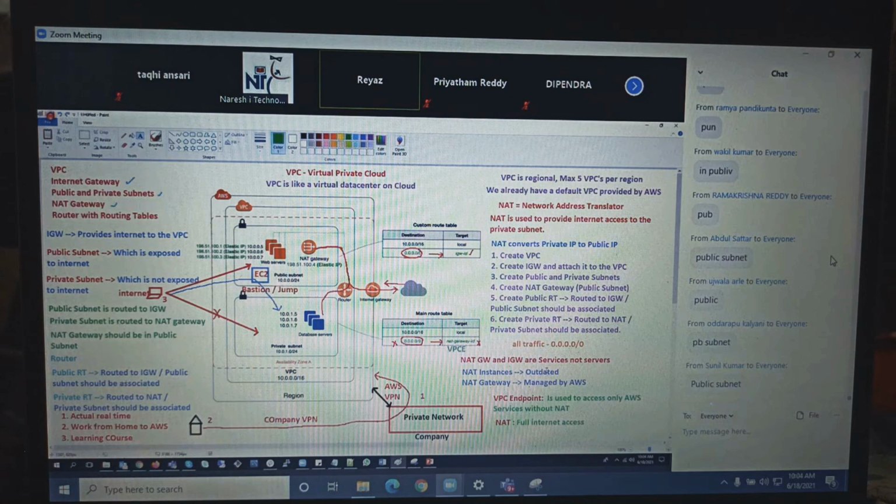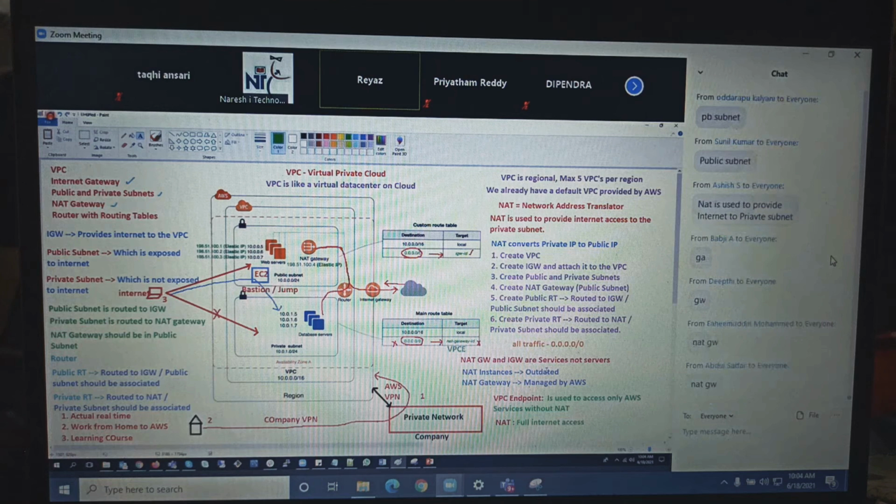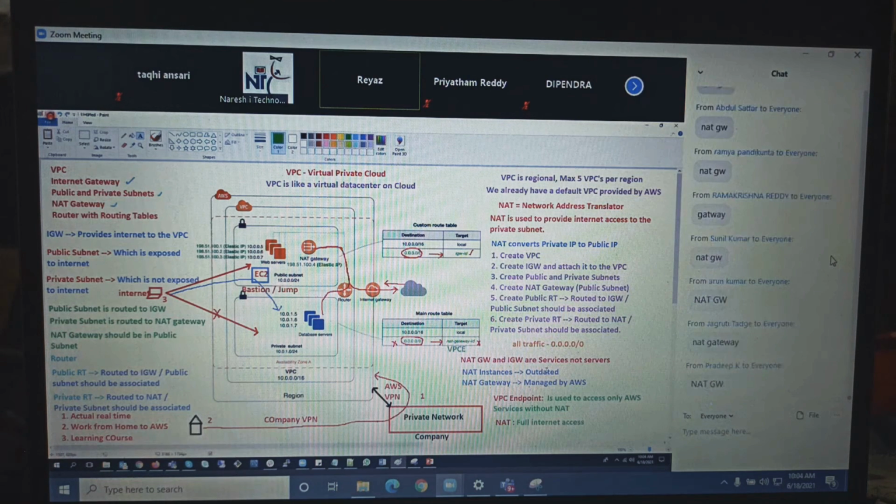I'll tell about that tomorrow also. And which one is preferable, NAT instances or NAT gateways? NAT gateway. So NAT gateway converts the private IP to the public IPs. Yes?